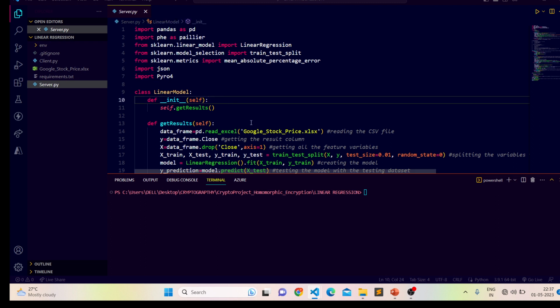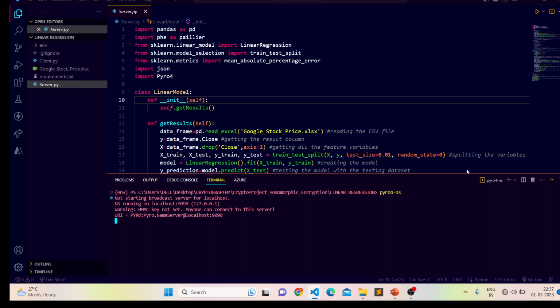The client will give the inputs related to it. So let's first start the name server. To start the name server, we first have to set the environment variable. Now our name server is started.